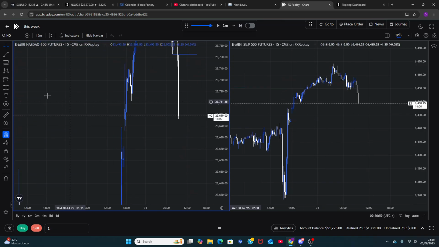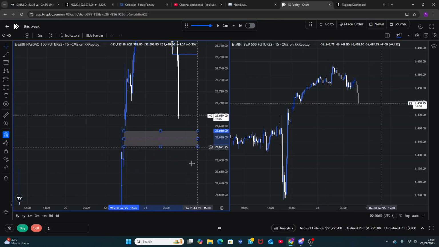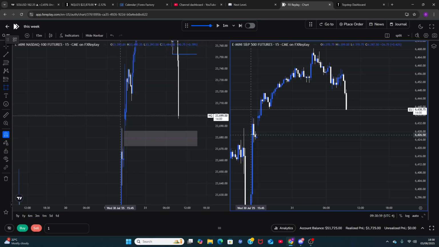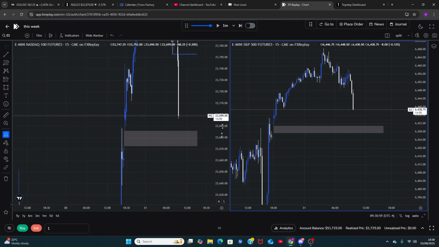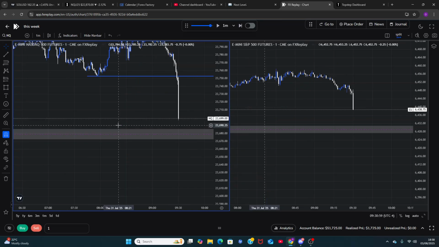So now at this point, we know what price wants to target is this gap. I'll be very bearish to more than bullish, but we have to target this gap on both pairs. You need to see what price does on both pairs. So you target this drawn liquidity, which is the gap. New day opening gaps always get filled at most times. So target them and see what price does within them.